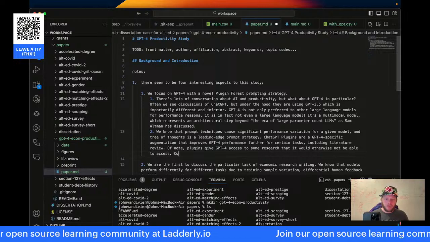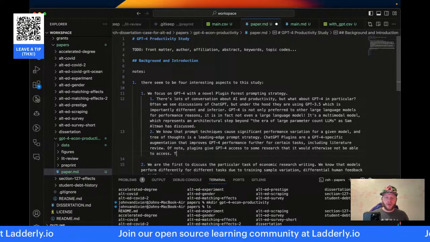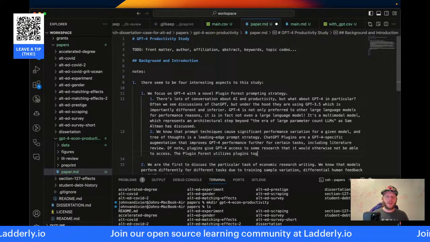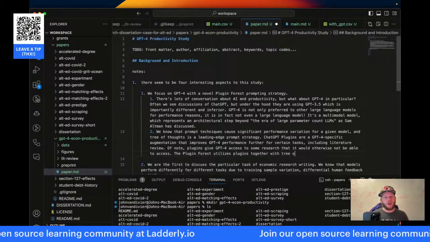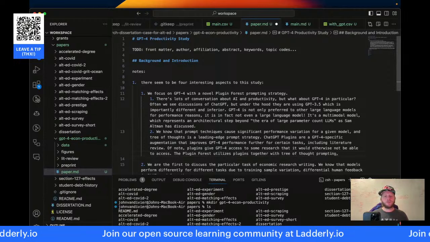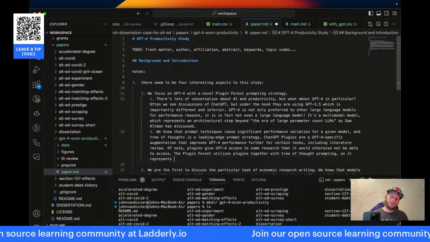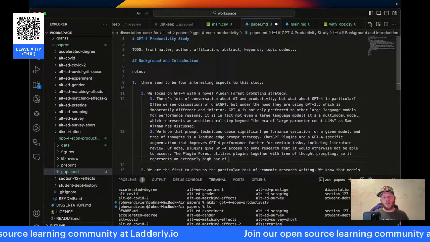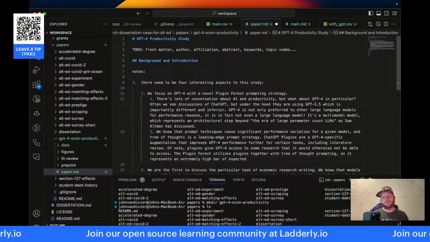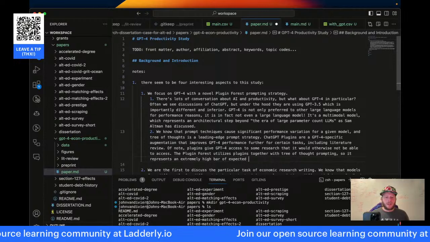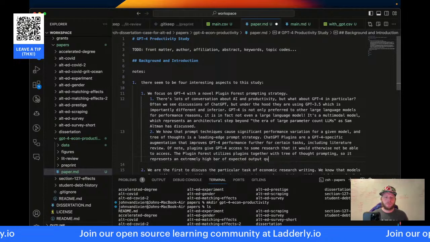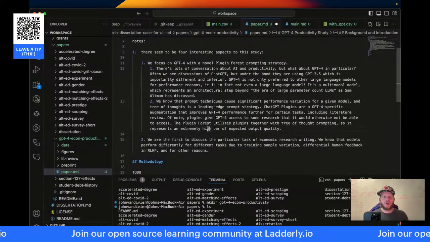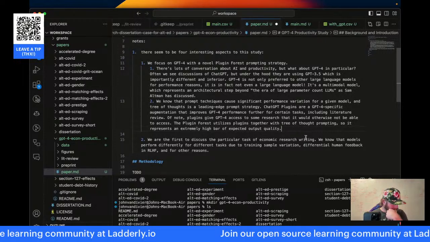Okay, combining. The plugin forest utilizes plugins together with tree of thought prompting, so it represents an extremely high bar of expected output quality.